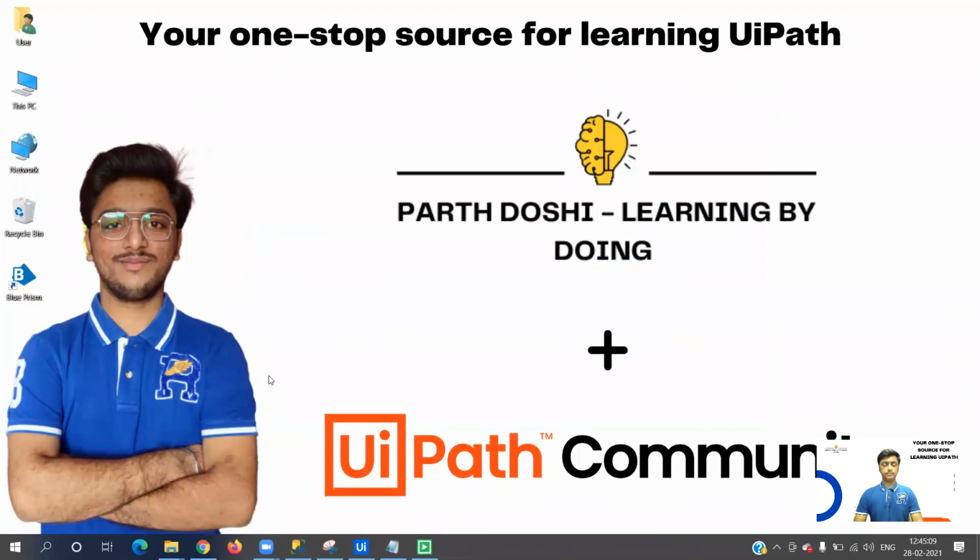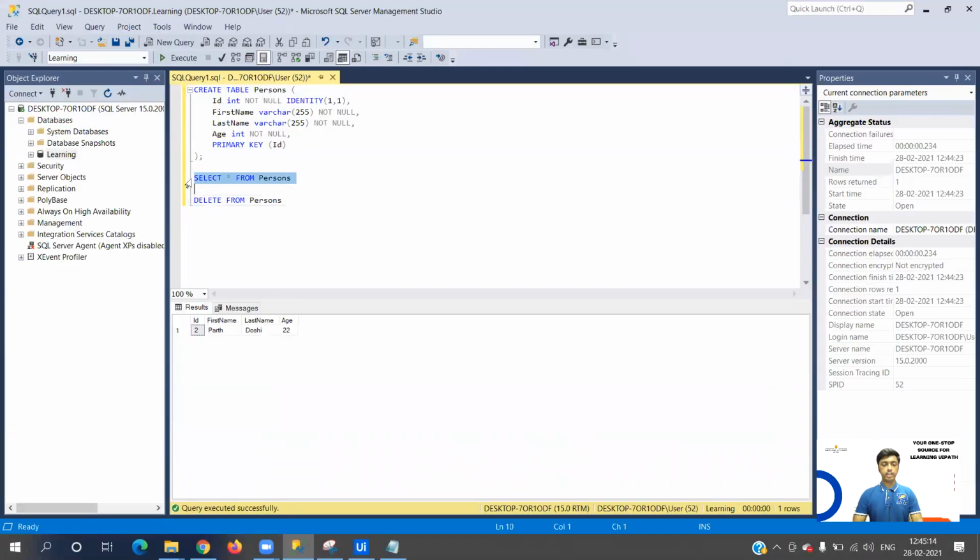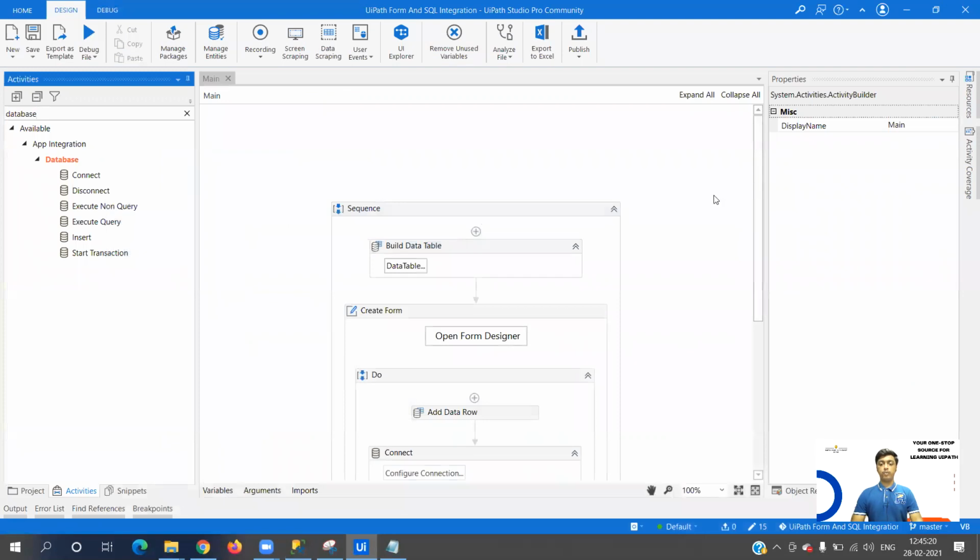Submit, and the data with ID 3 shall be inserted. Okay, so you see, we have successfully created a complete workflow which takes the data from the UiPath form and inserts it into the SQL database without even writing the query, and in very simple steps.